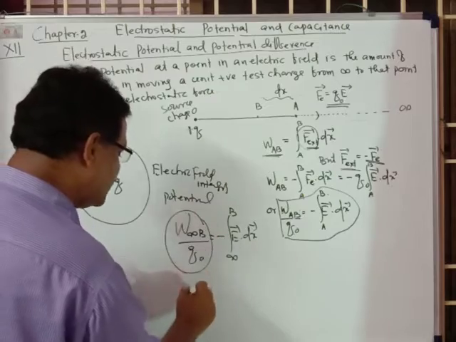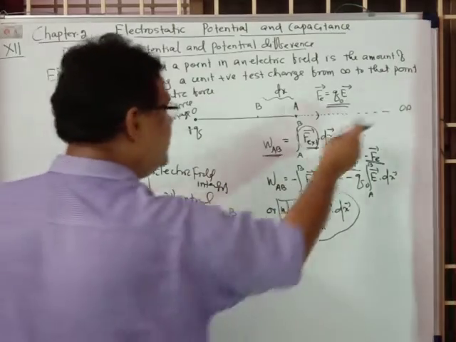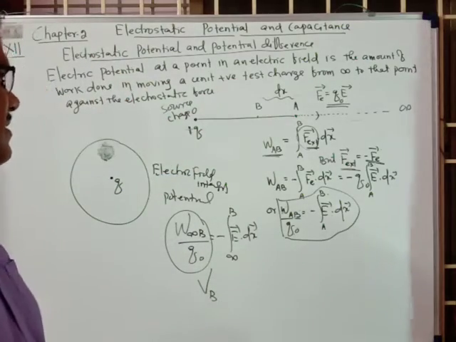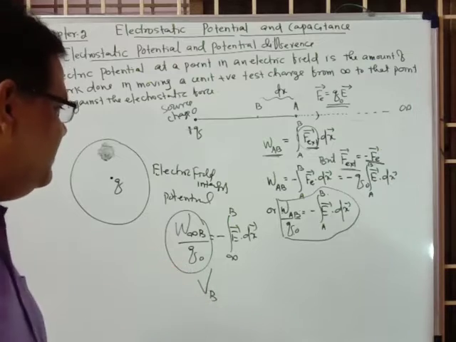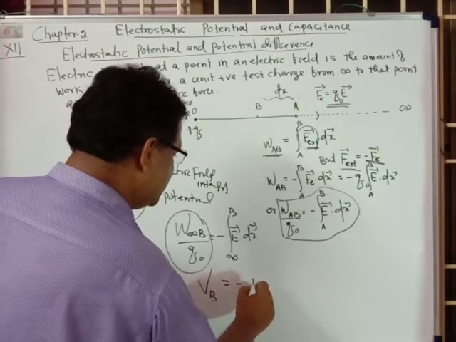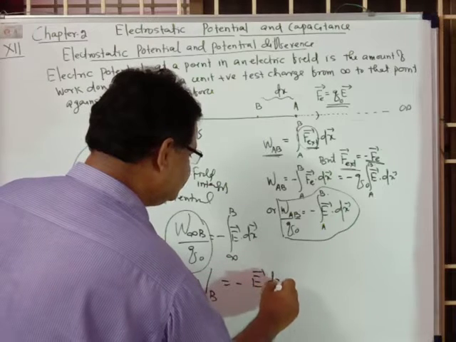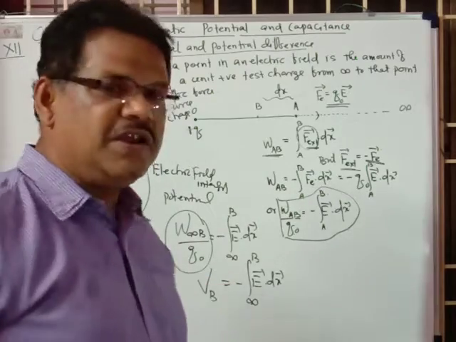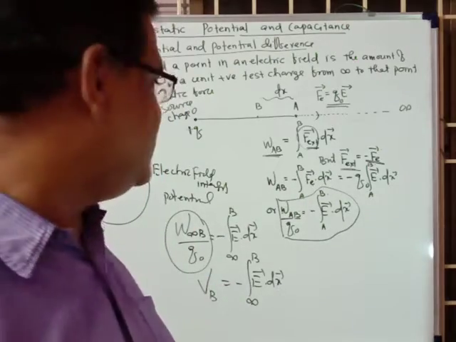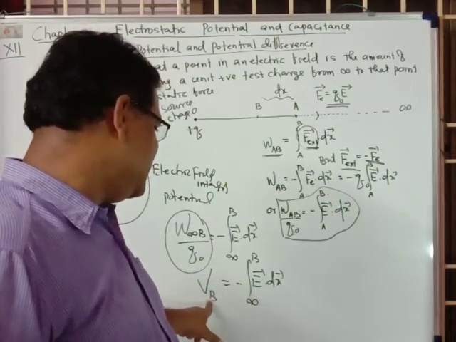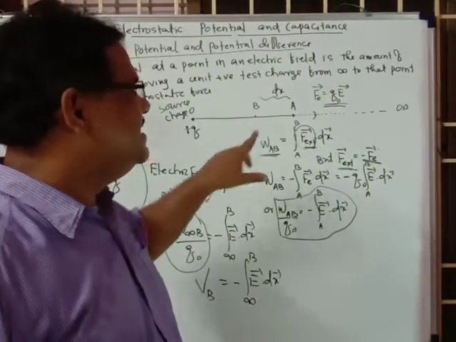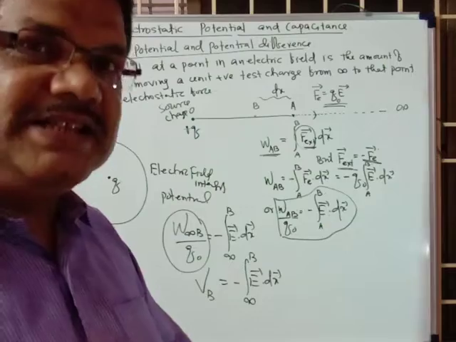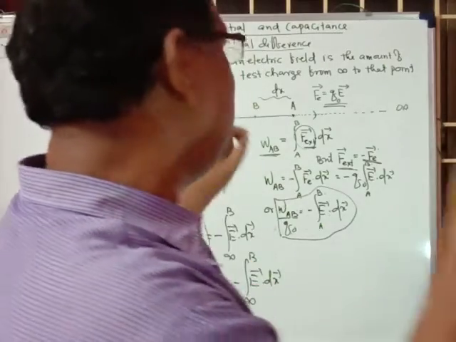So this formula equals the potential at point B, because we are bringing the charge from infinity to B, so the definition at point B is the total work done per unit charge, that is V equals minus E vector dot ds vector, integration from infinity to B. Students, this is a very important formula you have to use, because E vector dot ds vector relates the electric field and potential at a point. Potential at a point means we are calculating the work done per unit charge by taking the charge from infinity to point B.